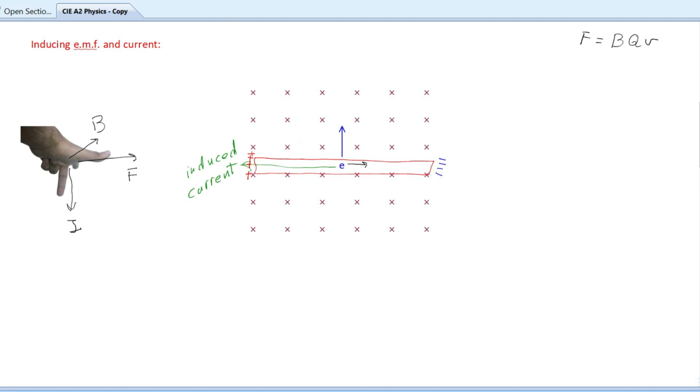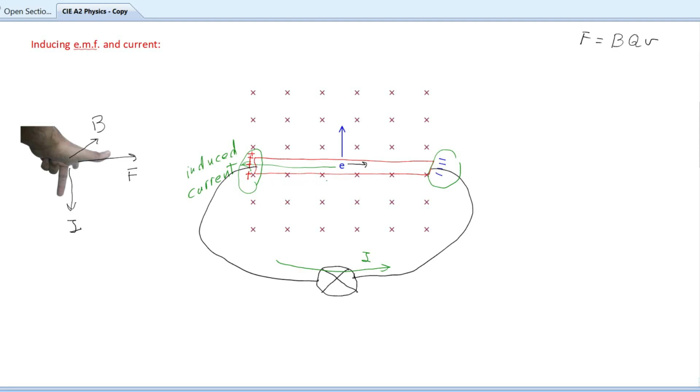If this conductor is connected to a circuit, for example here, if you connect this to a lamp or something, you'll find that the lamp lights dimly due to the current flowing through the lamp. So if the electrons are moving clockwise, then the current is moving anti-clockwise, and this is called electromagnetic induction. So moving a conductor inside the magnetic field creates an induced current due to an induced voltage, negative and positive